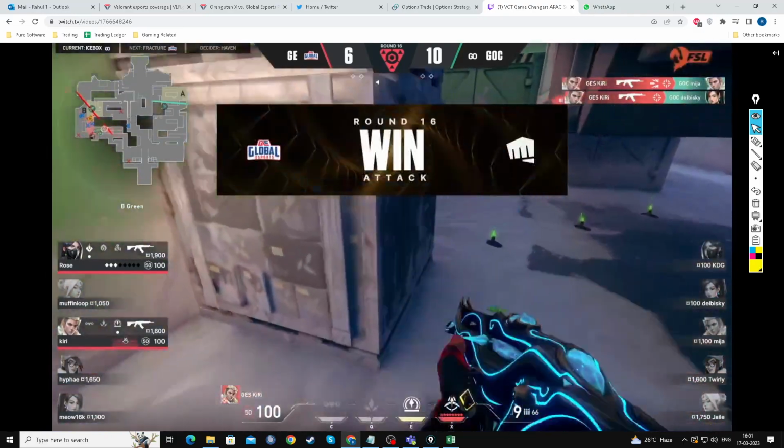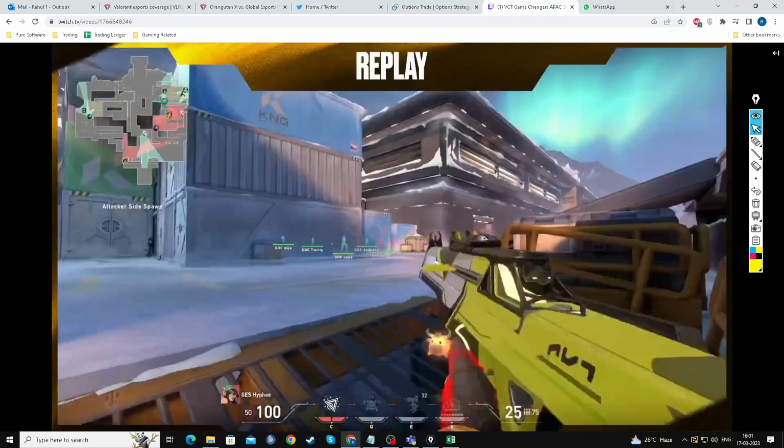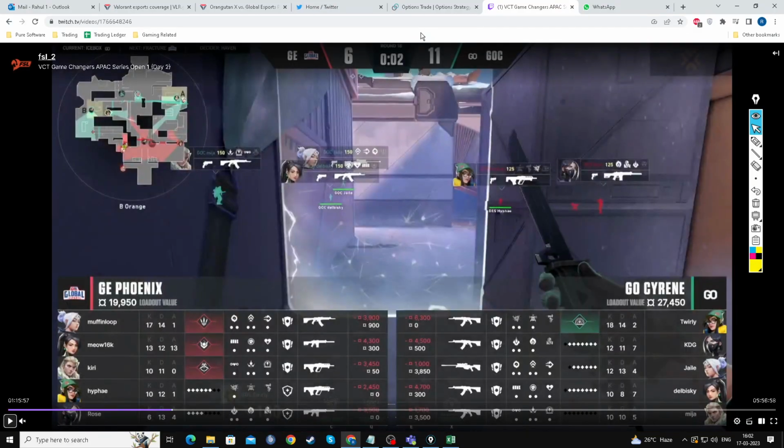Muffin had a very good lurk. Unfortunately, she got hit by a single Sheriff shot, but a very disciplined, very good round by G. We go on to this very crucial round at 6:11. We see